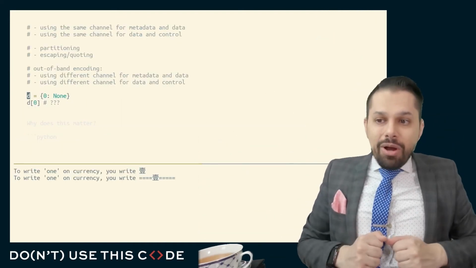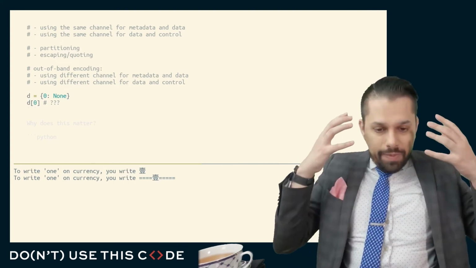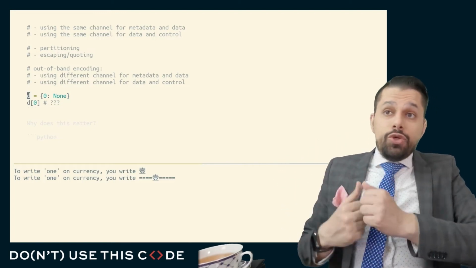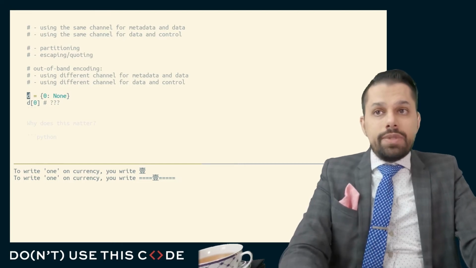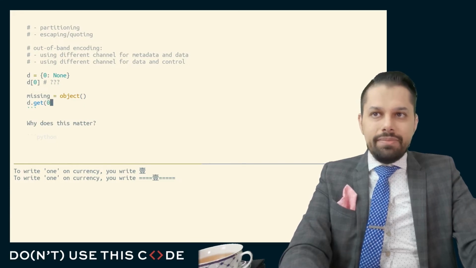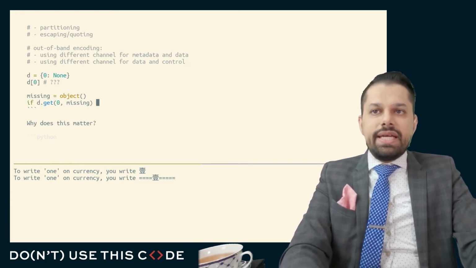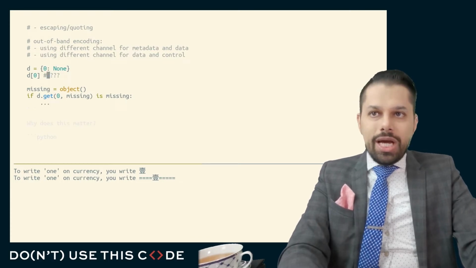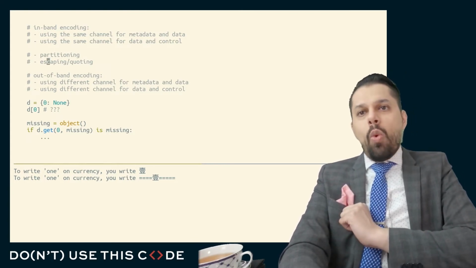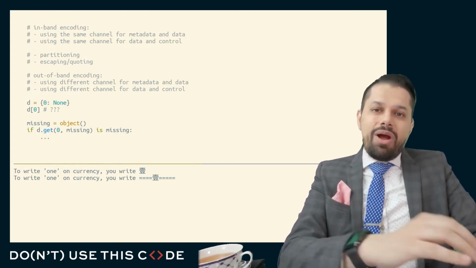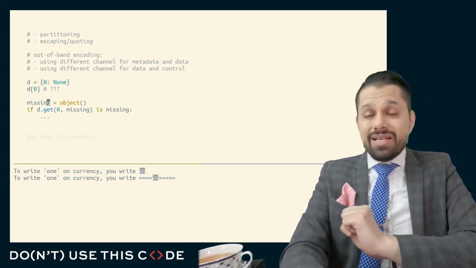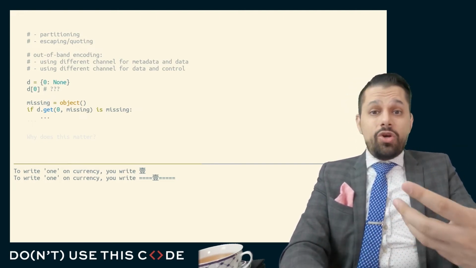Well, we would have exactly that problem in Python if we return some sort of sentinel value, because how can we say that sentinel value is guaranteed to not be an actual value there? If you use the in-band encoding approach, you actually see people do this sometimes. They'll say something like missing equals object, d.get for some key, missing, and then they say if this thing is missing. You can see this is just the kind of escaping, quoting, partitioning scenario where you're custom defining what the missing object is, because you know this thing probably can't appear in this dictionary because you only created it on this line. Now, I don't think that's strictly correct either, because this dictionary could be some dictionary-like structure